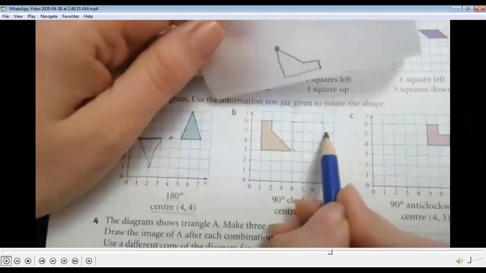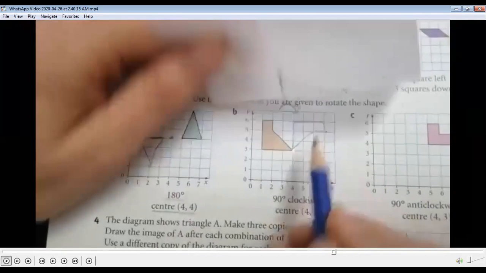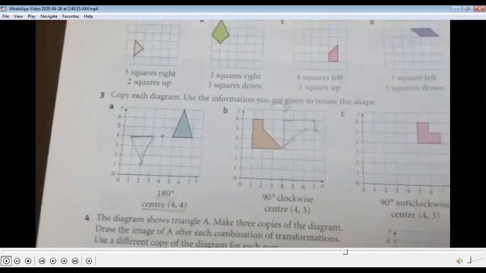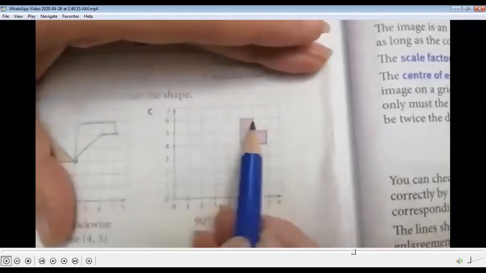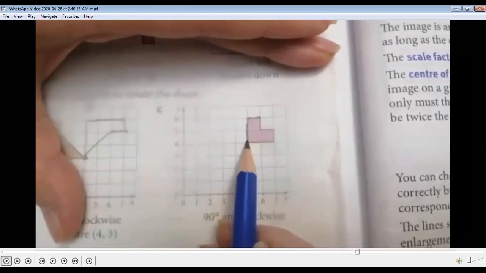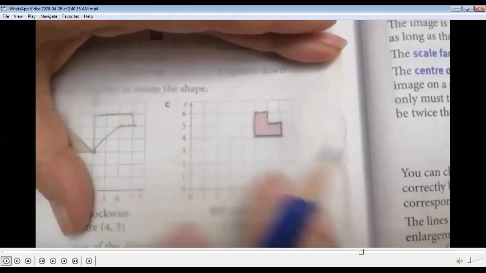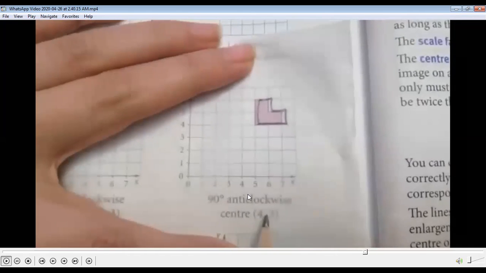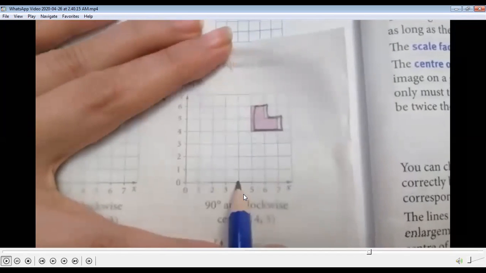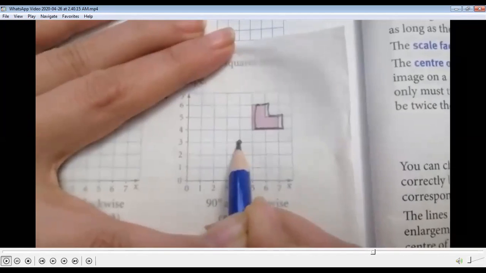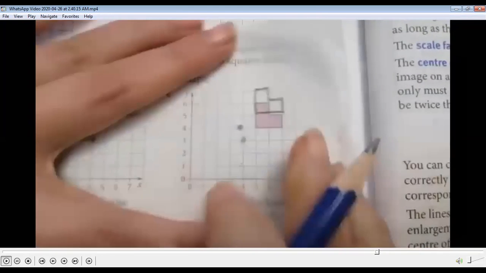Of course, always when you're done graphing, make sure that you did it correctly. Put your tracing paper again over it to make sure it's on top of it. Same as part C, the last one. Now part C, these questions, by the way, are the questions of the course book. You draw the paper, the graph, and you put the point 4, 3. Now they tell you